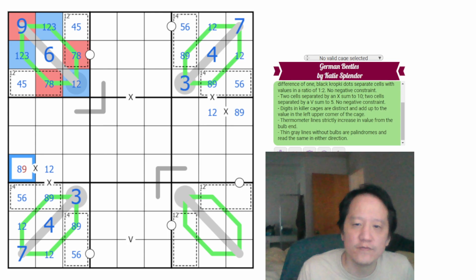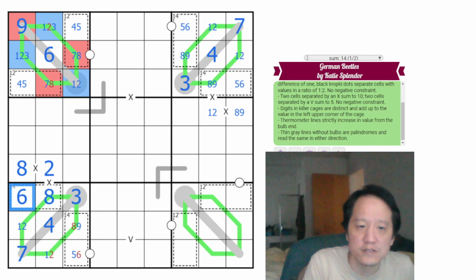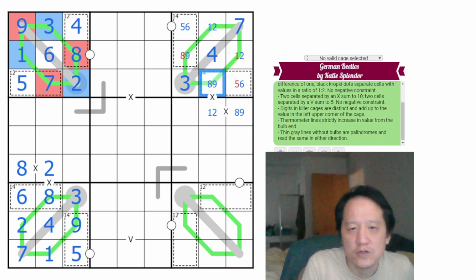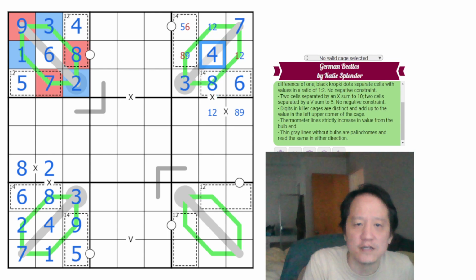Because of that, first of all, we know this is 8, so that has to be 2. This is 8, this is 6, then we have 9, 5, 1, 2. So this is 3, this is 1, this is 7, 5, 8, 4, and this is 2. So this is 6 and 8, 9, 5, 2 and 1, 2 and